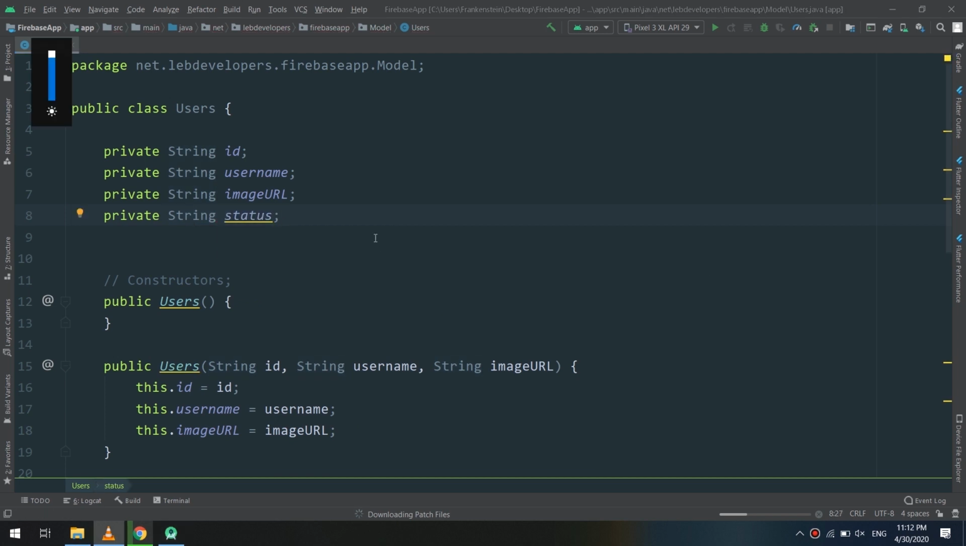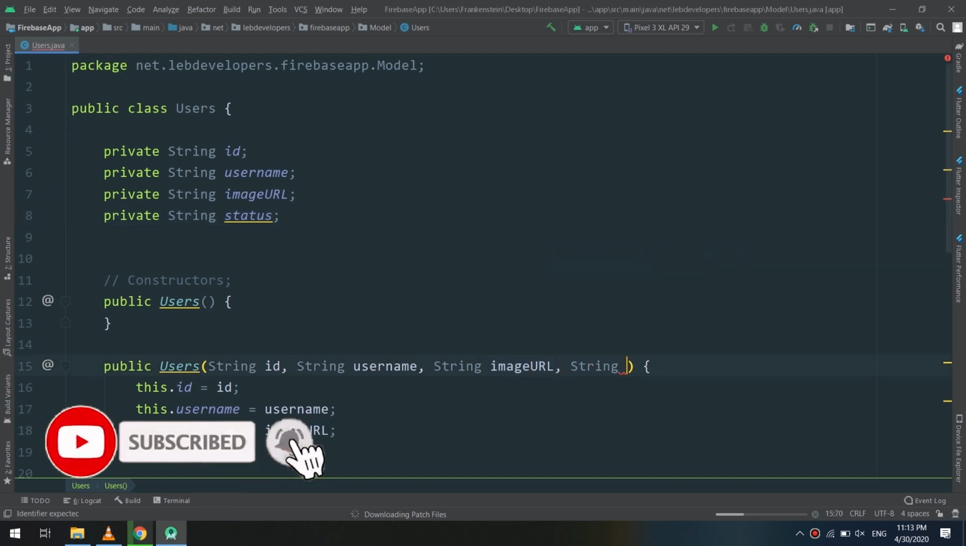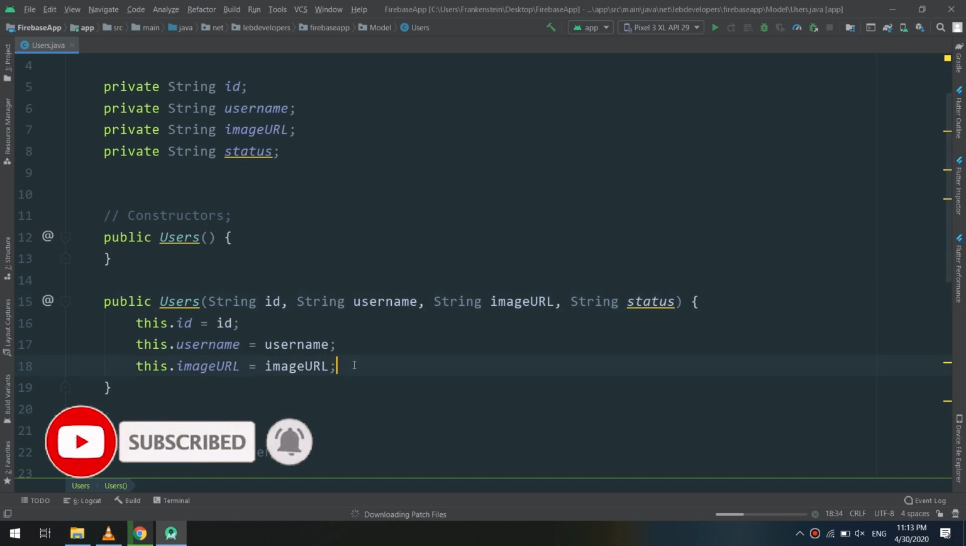So, as in Facebook Messenger or WhatsApp Messenger and other